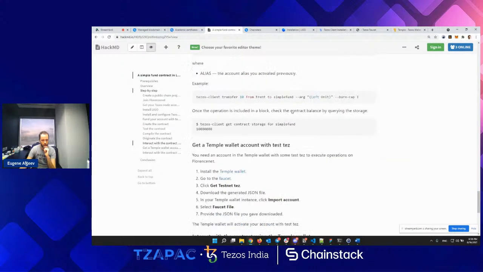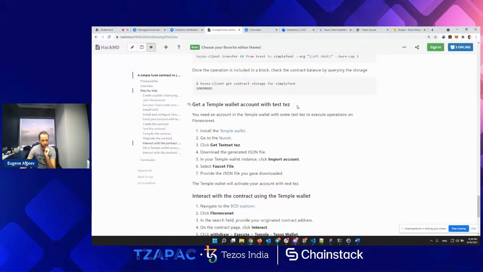Now we try to interact with this contract more like a user would. We have a smart contract on a real network. We can interact as developers through some command line tools, but what if we don't have a console interface, if we just have a browser and we just want to interact with the blockchain from the browser?